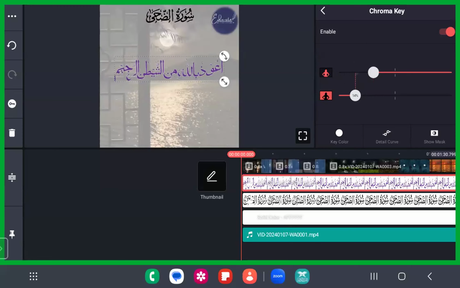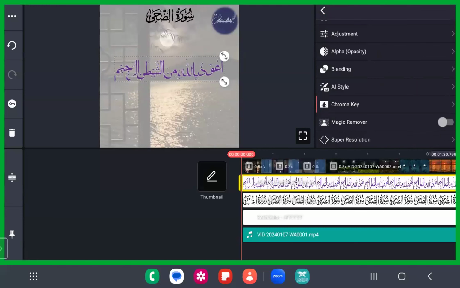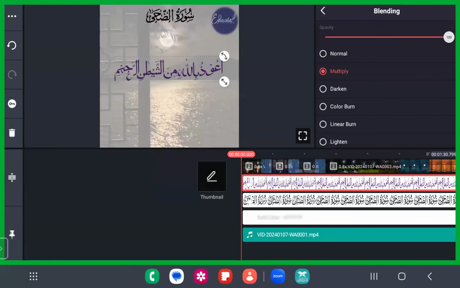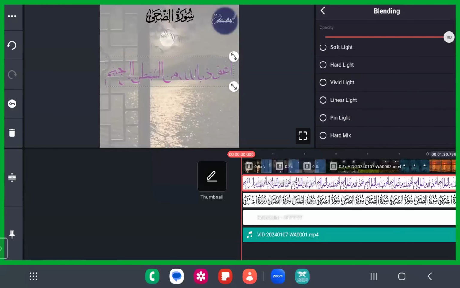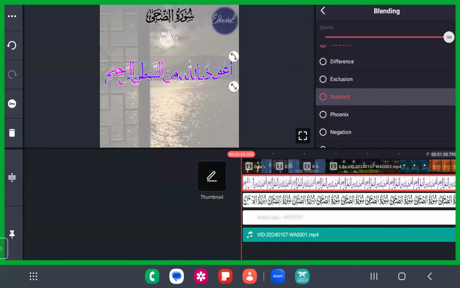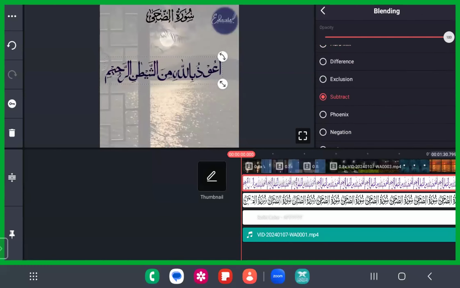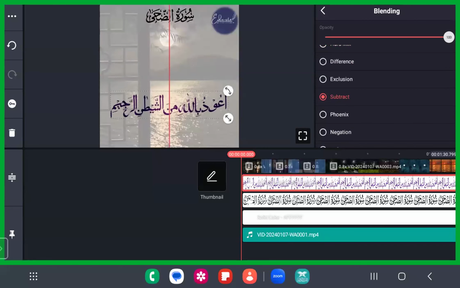Okay, toggle it up and make it such that you just see the regime. And so now this is fine, probably. Yes, it is fine. So just what you have to do is change some blending options and then it will look good, inshallah. See here, it looks good now, right? You can multiply or you can darken it. You can just see some options that will be helpful to make it look good. So the subtract is good now, right? So let me just put this here.